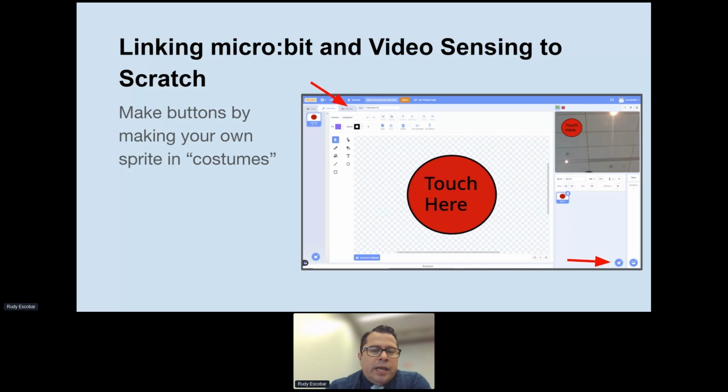So as I was saying here, we're going to be on the costumes, and on the costumes, you're going to put in that circle, and you're going to put "touch here." So the next step we're going to do, once you have your costume made as a sprite,